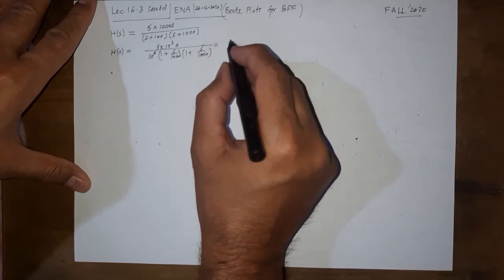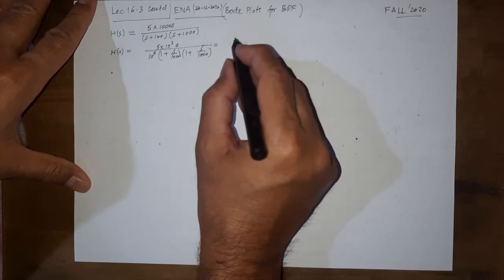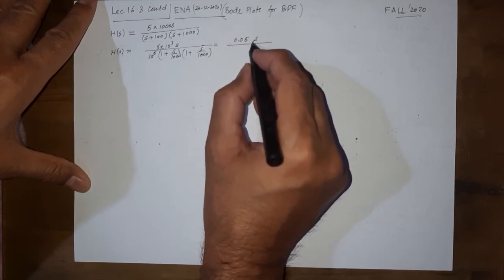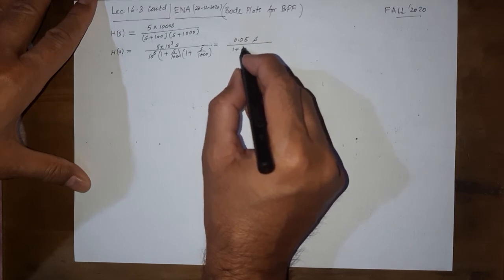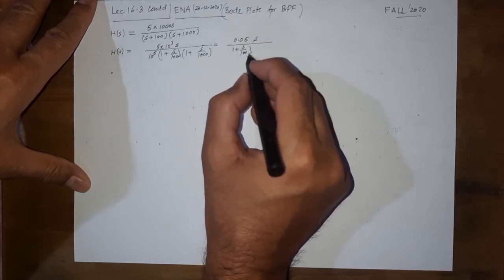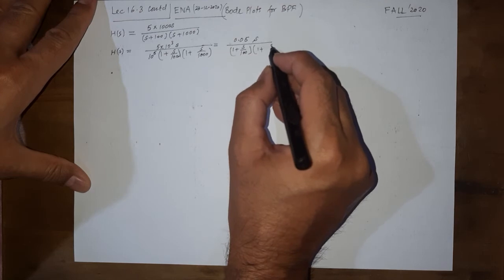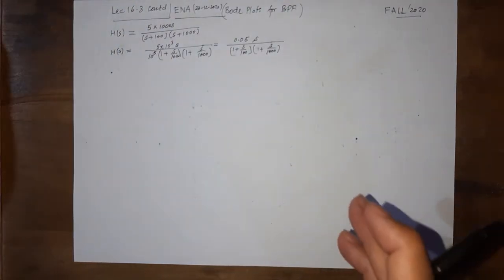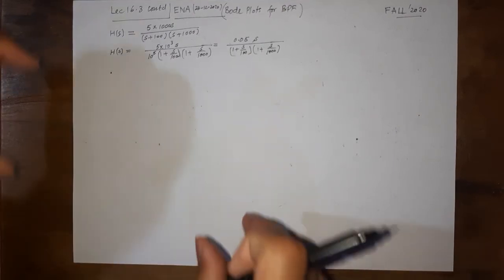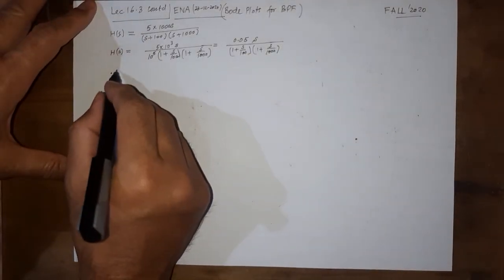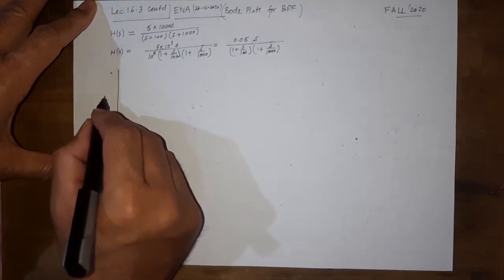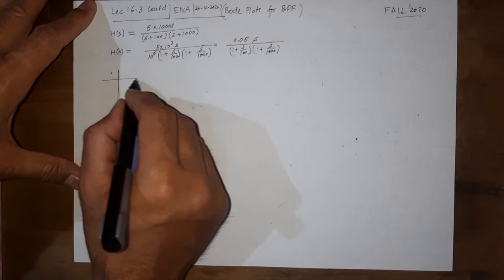On the numerator we have 5 into 10 raised to power 3s. So what do we get here is 5 divided by 10 raised to power 2, which is 0.05 into s, don't forget this s, over 1 plus s over 100, 1 plus s over 1000. I'm just speeding up, and you can try to make this on your own, and then try to see that